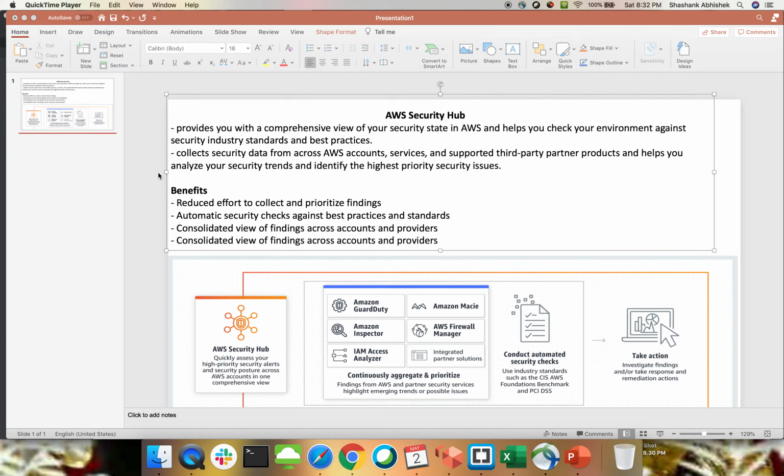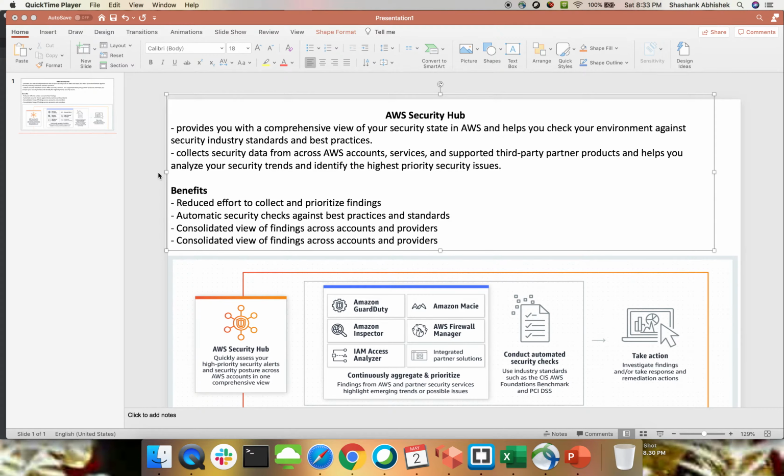As an example, let's say you have created your infrastructure, and within that infrastructure you have an open RDP or SSH port across the whole world, then that is a security risk. That is considered a critical priority security issue within your infrastructure, and that is something Security Hub is going to show you after scanning your infrastructure.